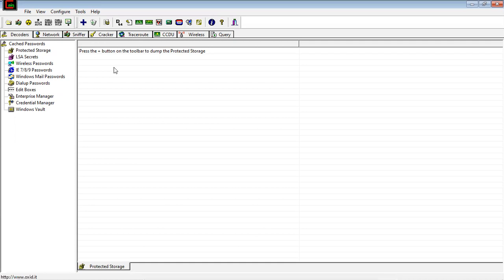After getting those packets, the software automatically detects some useful stuff and categorizes it into categories such as cached passwords, protected storage, LSA secrets, wireless passwords, IE passwords, Windows mail passwords, dial-up, edit box, enterprise credentials, and Windows Vault. This type of information it can filter.